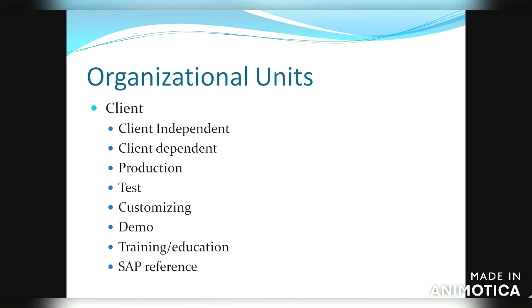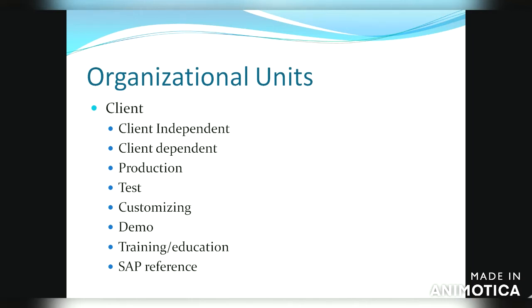So the document splitting which we activate will be activated at client level. So on will be available to all the company codes. That is what we call client level. Client level is nothing but a corporate group or a group of affiliates. So it will be available to all the company codes available in that client.